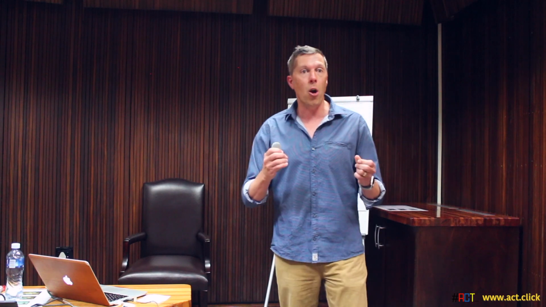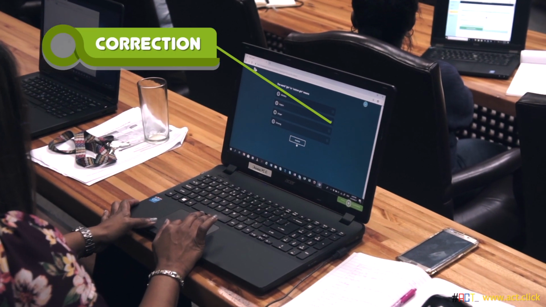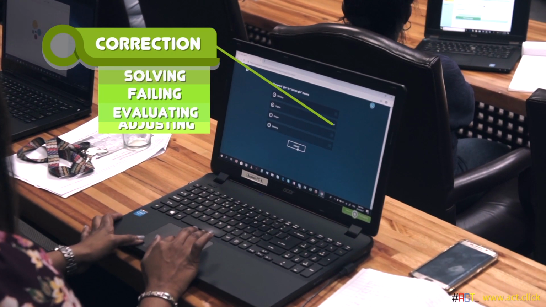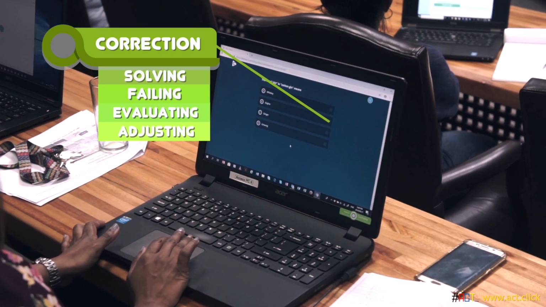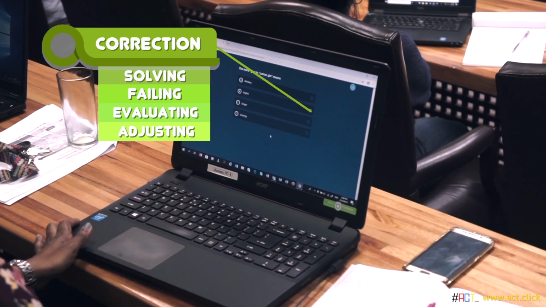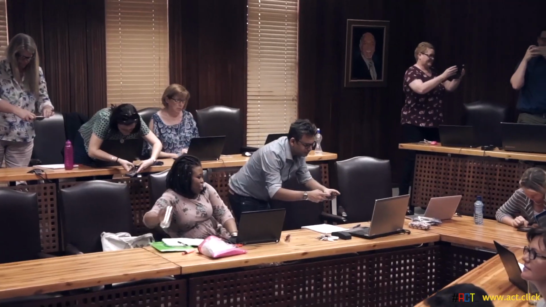We're going to look at the power of learning through mistakes and the power of correction as a pedagogy. We're then going to look at creation as a pedagogy, how when you create artifacts, it improves your memory, your recall.